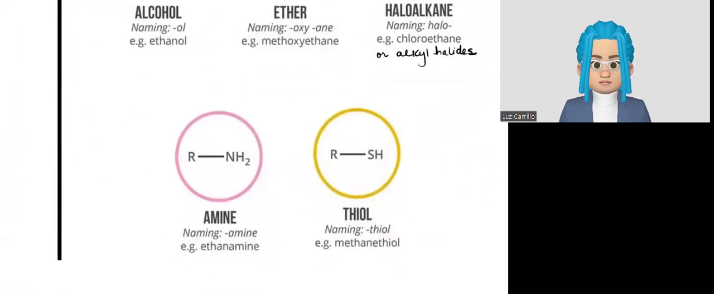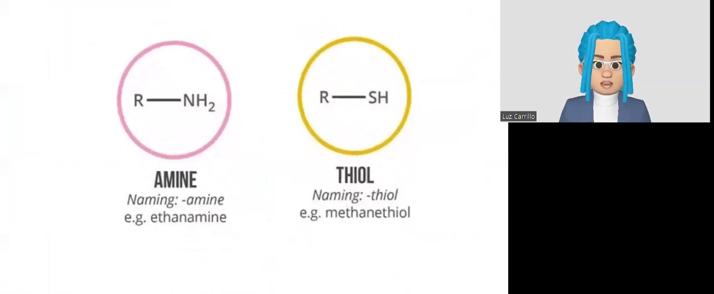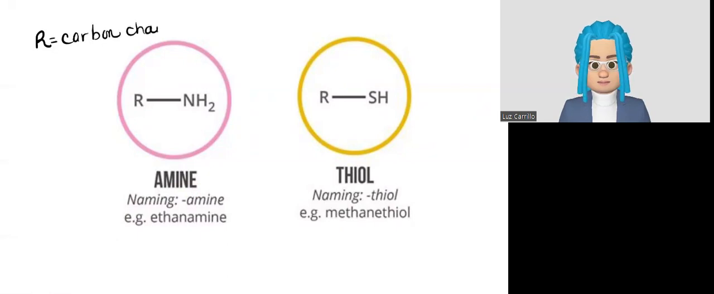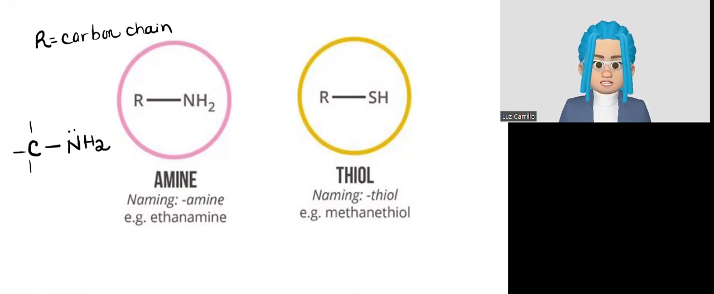The next two members of the family of heteroatomics are going to be an amine. An amine is when R represents a carbon chain and a carbon atom is attached to a nitrogen atom. Now, that nitrogen atom, in the case of the example that we see, is attached to two hydrogens, but that nitrogen atom could be attached to one carbon chain